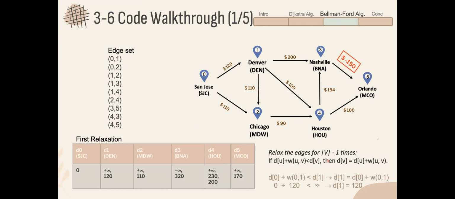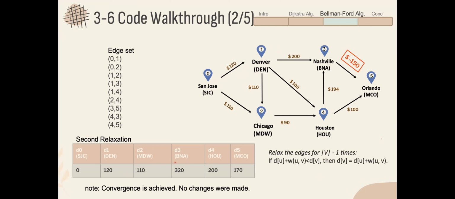For the first iteration, let's look at node 0 and node 1. Node 0 costs 0, and node 1 costs infinity initially. We calculate the new distance, which is 0 plus 120. That's 120, and it's smaller than infinity, so we update the cost of D1 to 120. At the end, for each node, we update the final cost, and you can see here it's all updated. Okay, so after the first relaxation, going to the second one,